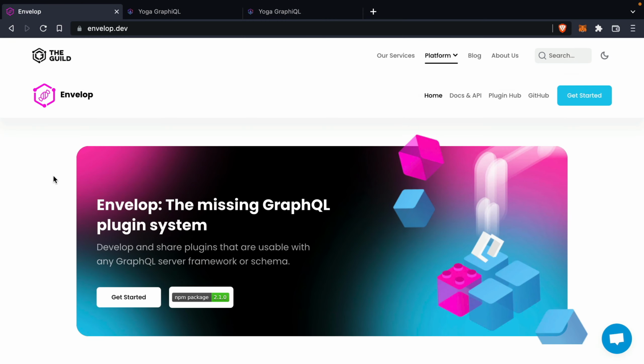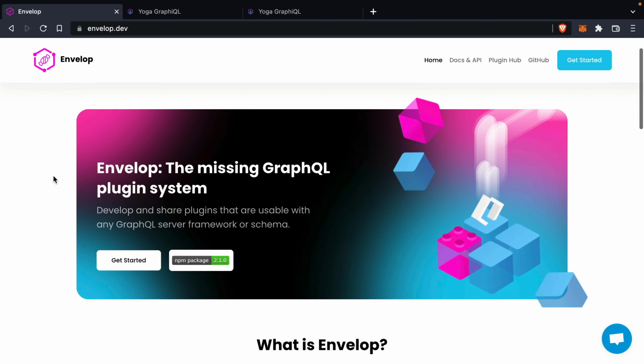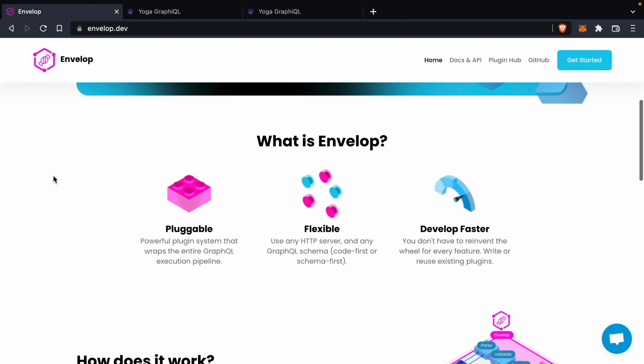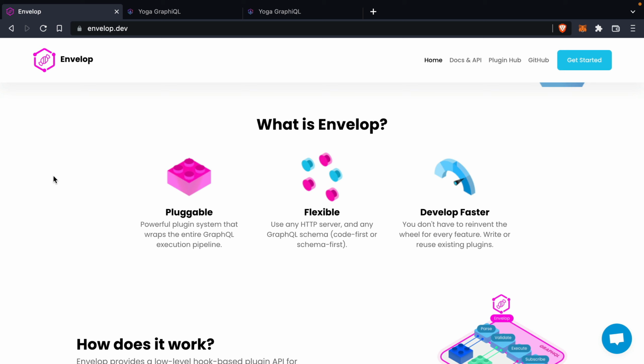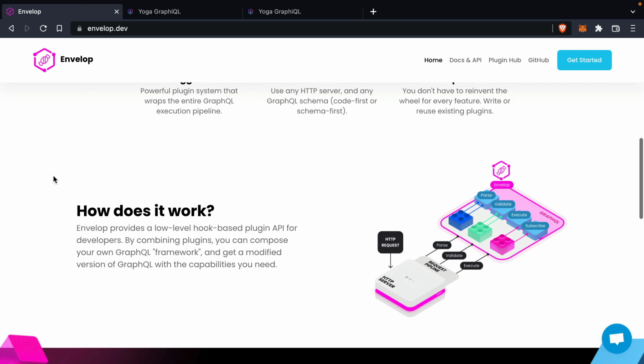Because we're using GraphQL Yoga, we can take advantage of Envelop. Envelop is the missing GraphQL plugin system. This allows us to hook into any part of the GraphQL execution phase with our own plugins. We can hook into parsing, validating, executing, and much more. In this video today, we want to hook into the execution phase and we want to add a cache